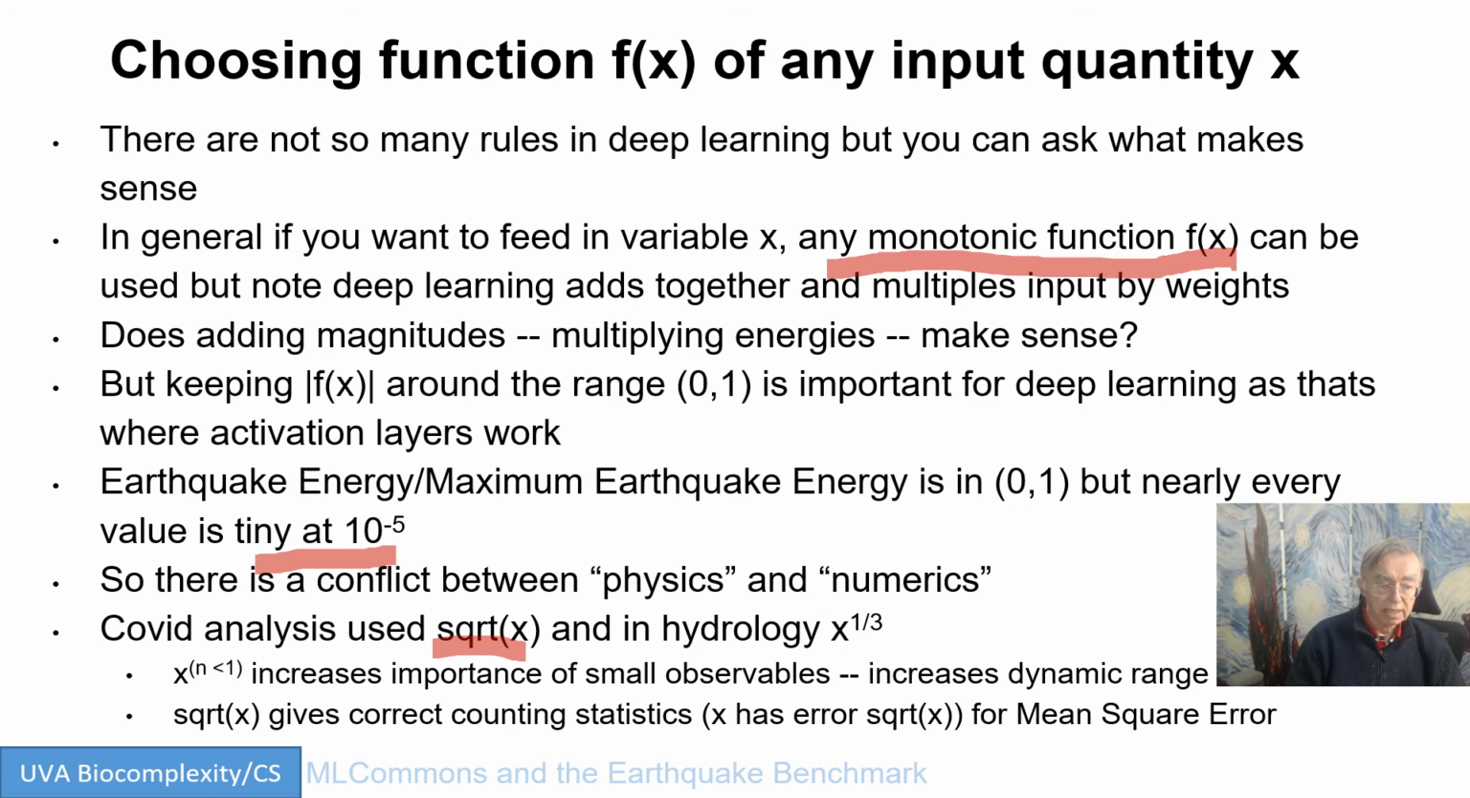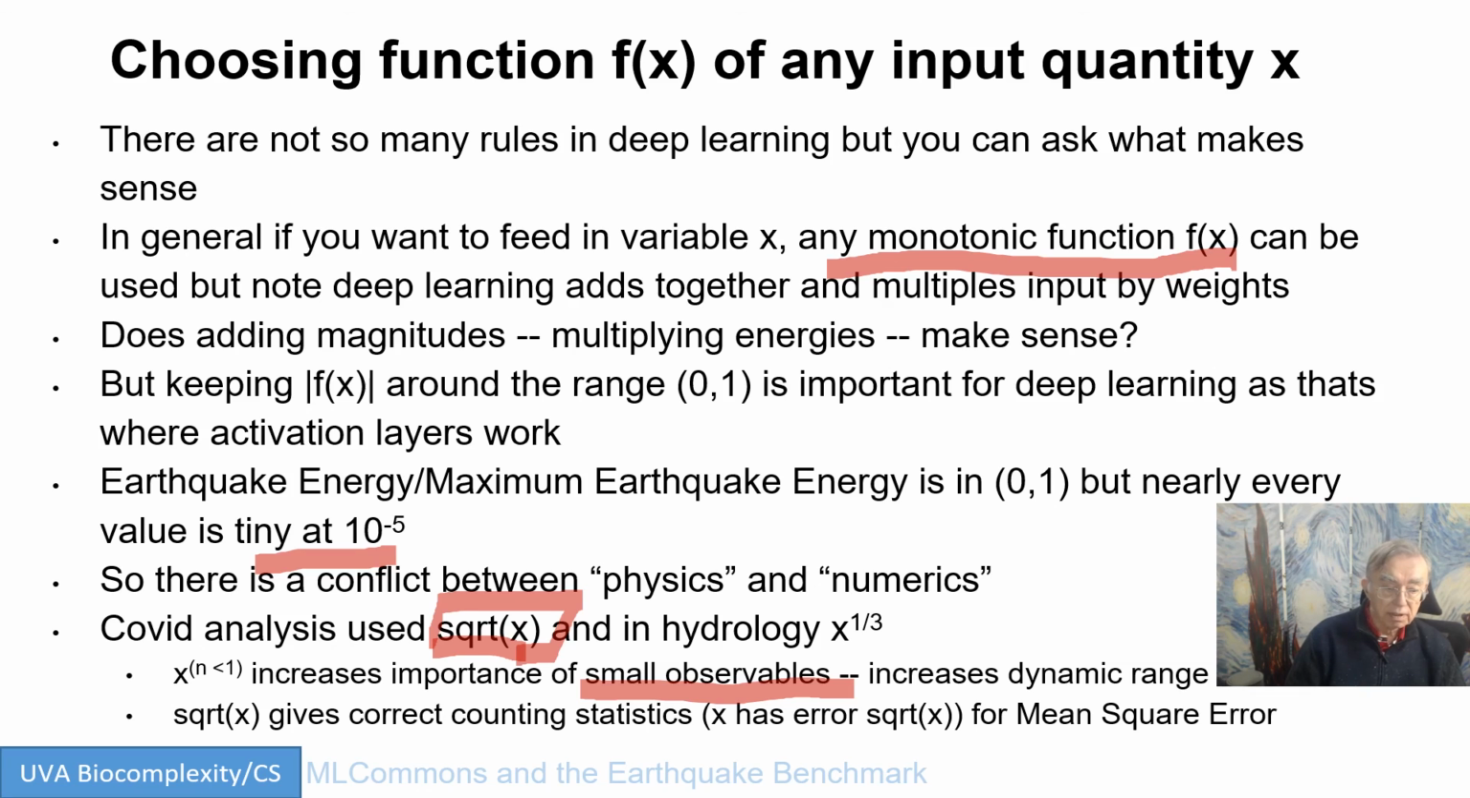Notice x to the n: if the power is less than 1, it increases the importance of small observables. Small, but maybe small aren't so important. That's why it's pretty interesting to look at. In the case of square root of x, it has a sort of magic significance, because if you go to